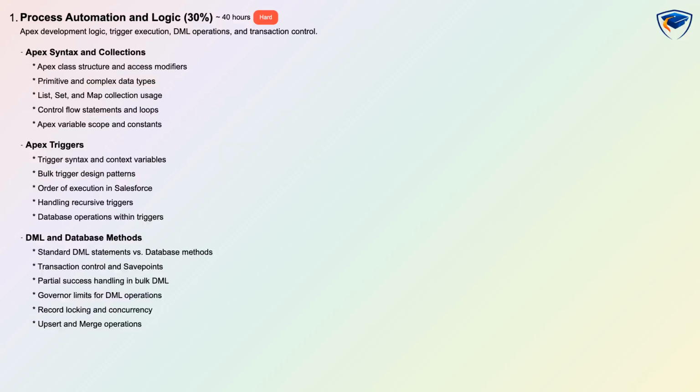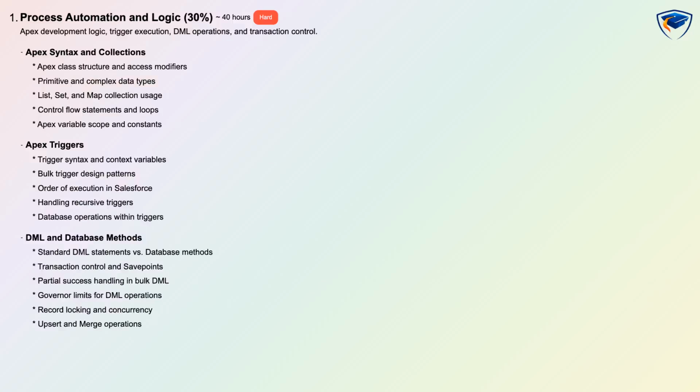Process automation and logic is weighted at 30%, classified as hard, and estimated at 40 hours of focused learning with scenario-based assessment. You will learn Apex syntax and collections, including class structure, access modifiers, lists, sets, maps, and control flow